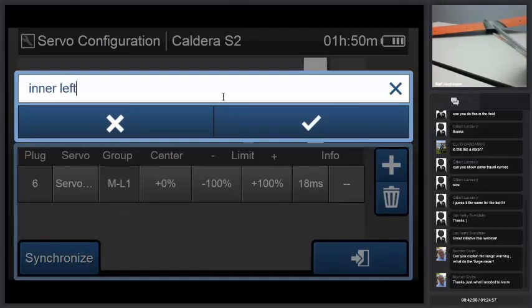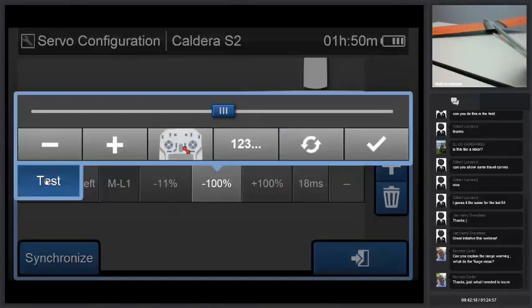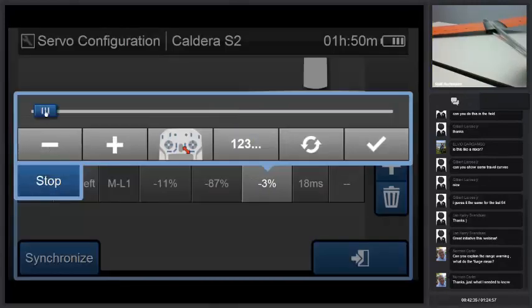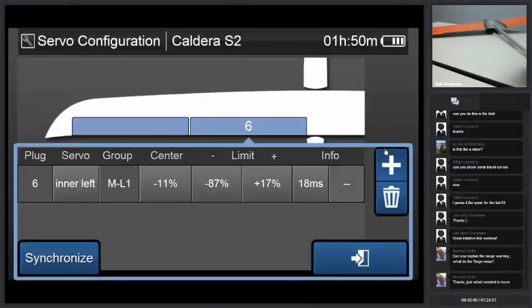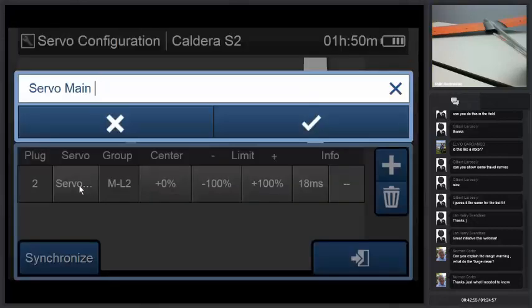So here we go, and we adjust the center position like this, and again we go ahead with the limits. So we have a very big level for downwards direction, which is okay like this, and a very small level for upwards direction, because we just need a little bit of aileron upwards and a little bit of flap upwards for speed position. And we go ahead here with servo 2, which is the outer left,